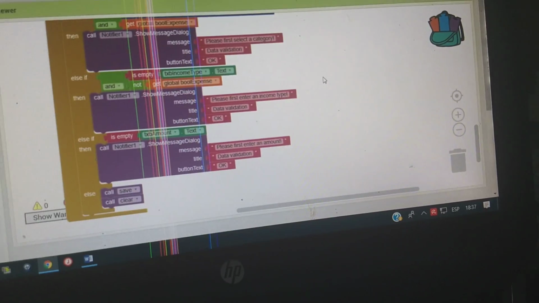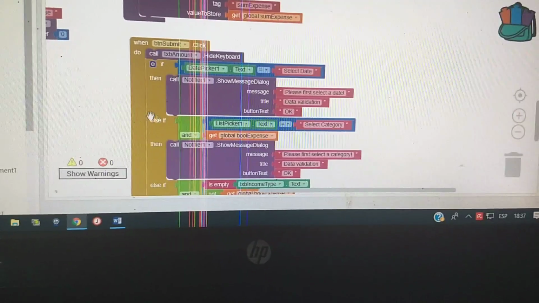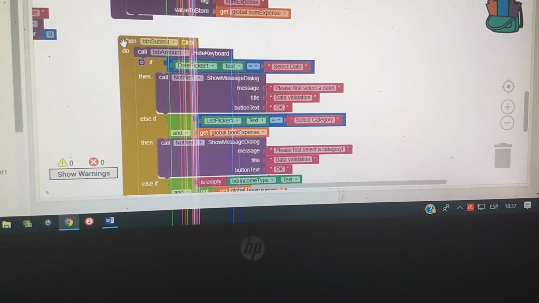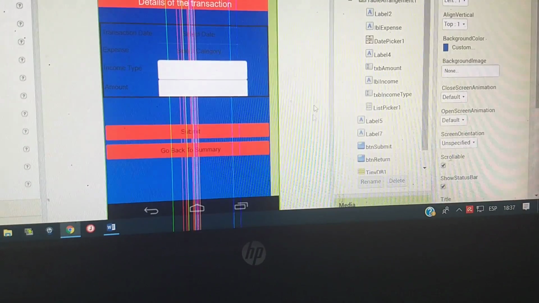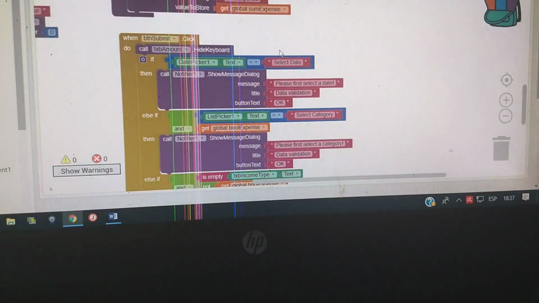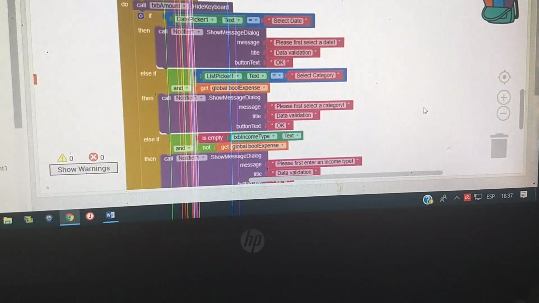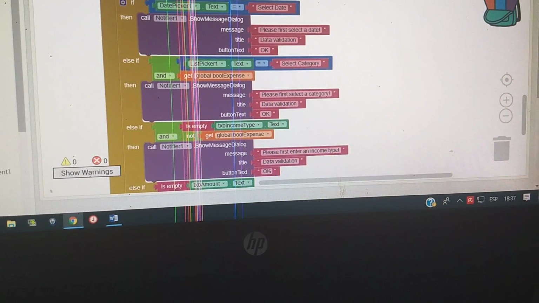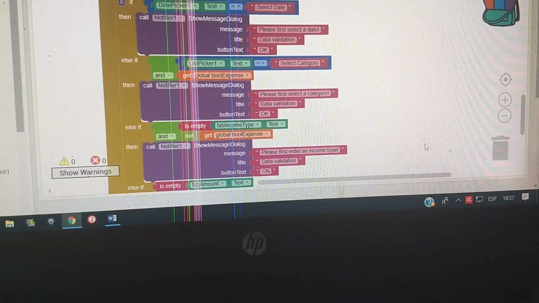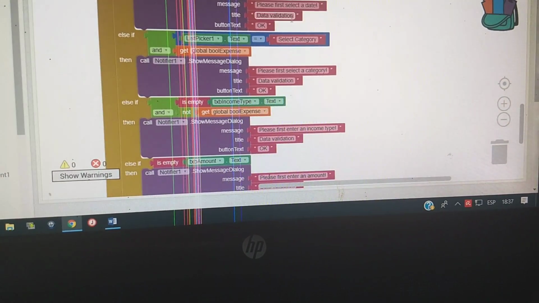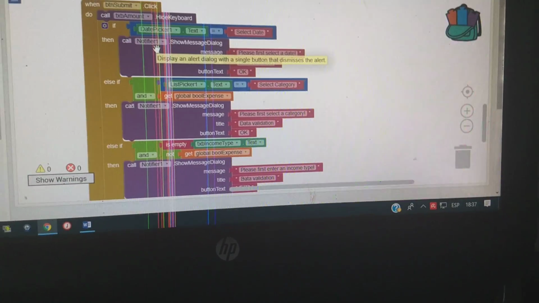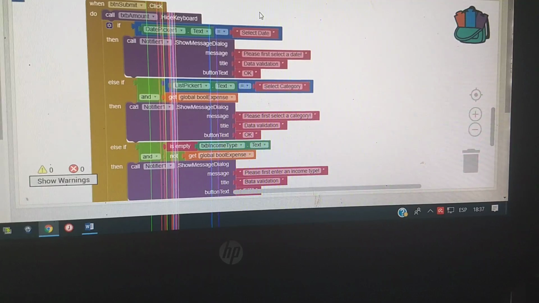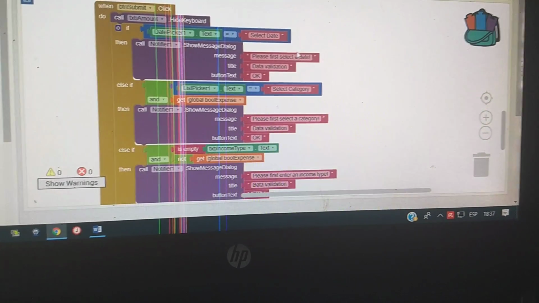For ending with the add expense screen, when we click on the bottom submit button, what we are going to do is hide the keyboard. We're going to select a date. When we click on the bottom submit, our date that we choose,